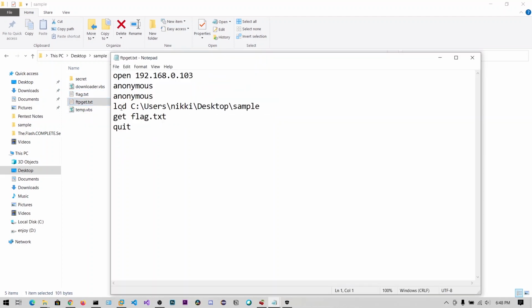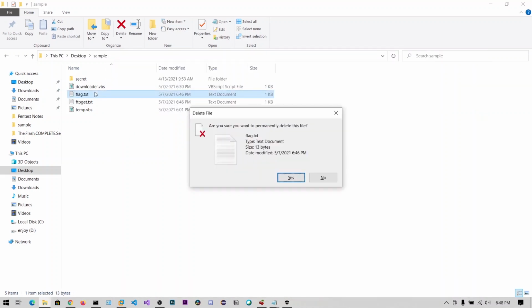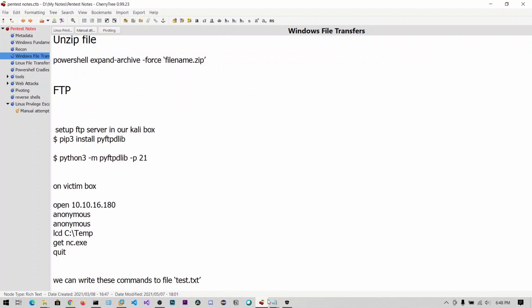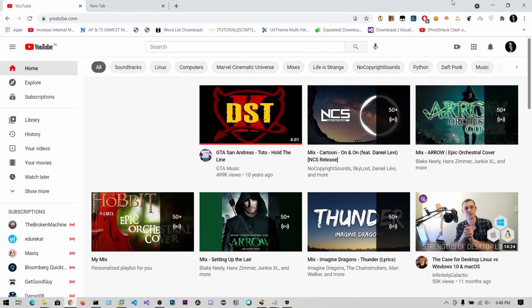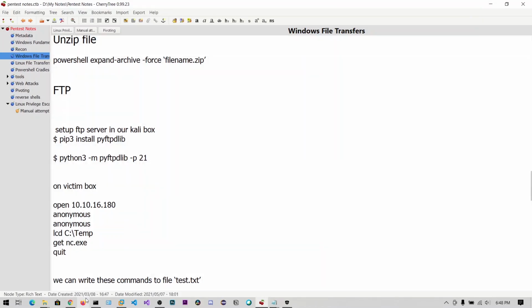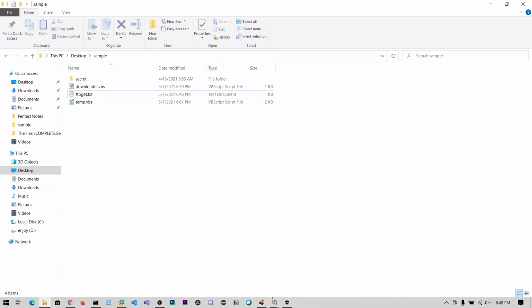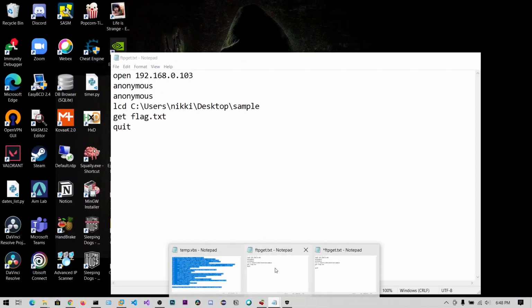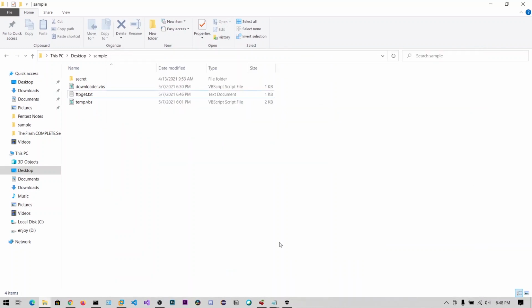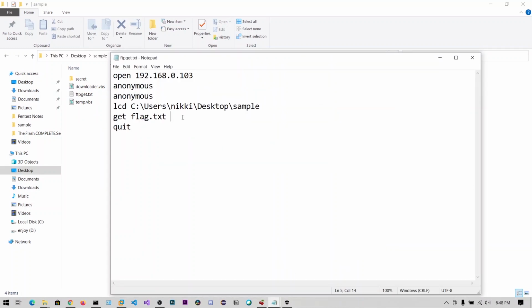So after logging in, getting the flag.txt, what you can see is put ftp get.txt. It can be any other file if you want to transfer from Windows to your Kali Linux machine.